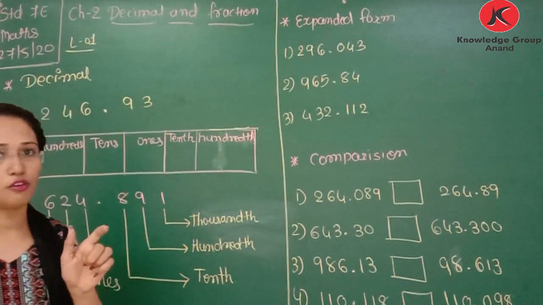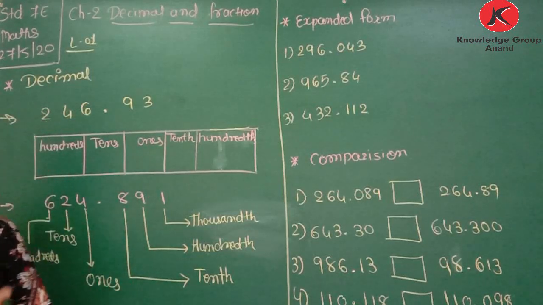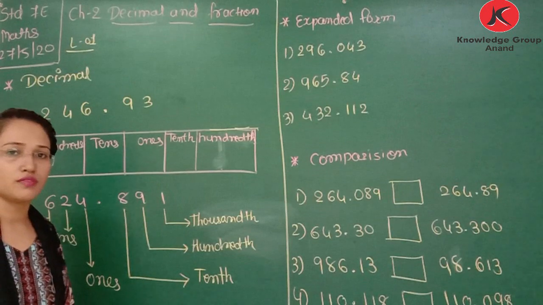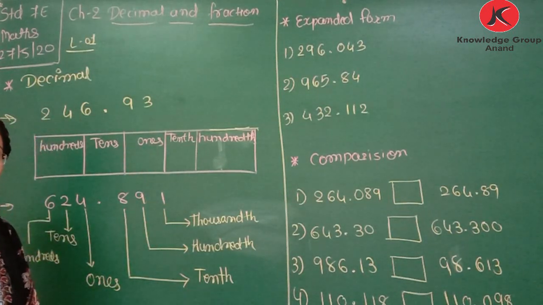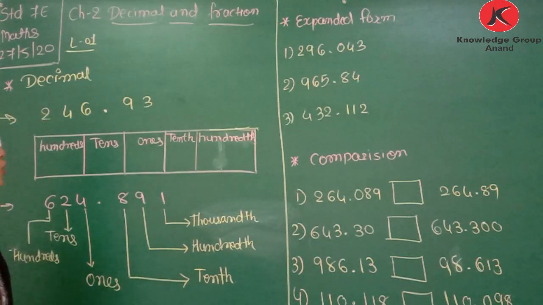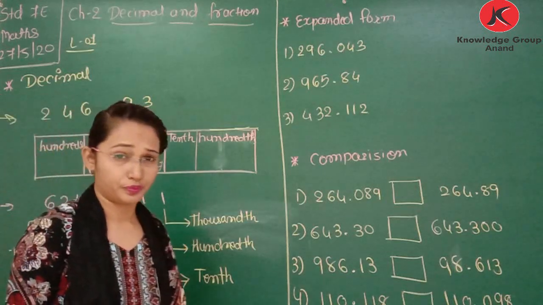Next, we learn multiplication of fraction and division of fraction. In multiplication of fraction, what we have to do? Multiply numerator with numerator and denominator with denominator. And in the division, what we have to do? Division is converted into multiplication by writing the reciprocal of the next number. Clear? Today we will start the decimal of a number.